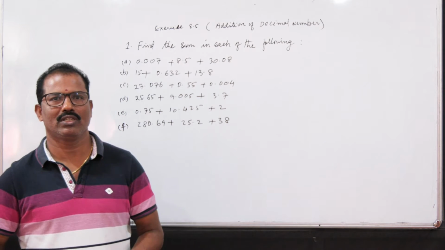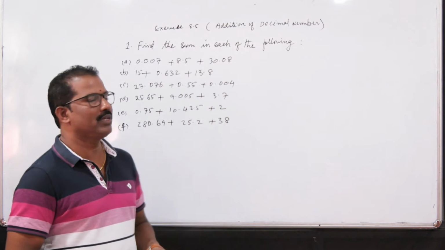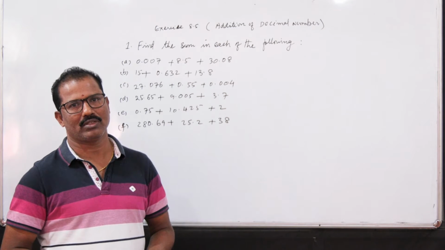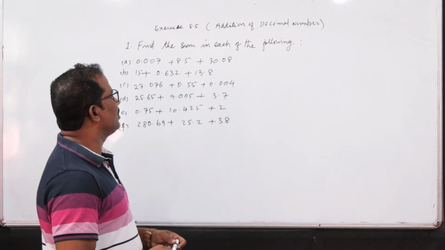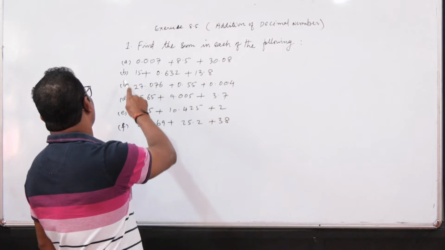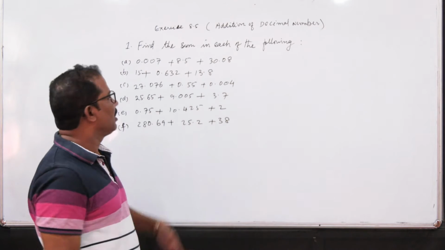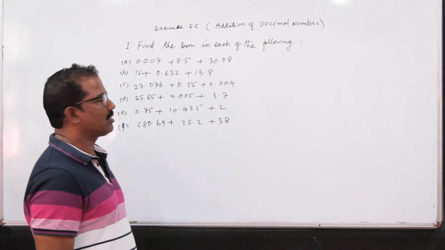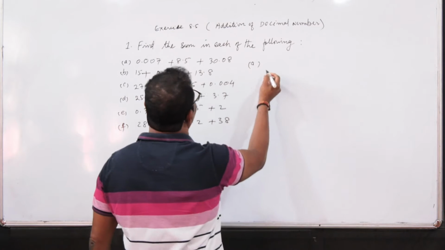Students, today we are going to see a new exercise, that is 8.5. This exercise is based on addition of decimal numbers. In this, you see the first question: find the sum in each of the following. There are 1, 2, 3, 4, 5, 6 questions, all are decimal numbers and we have to add the decimal numbers. How it is, we can see in the first, that is A, it is